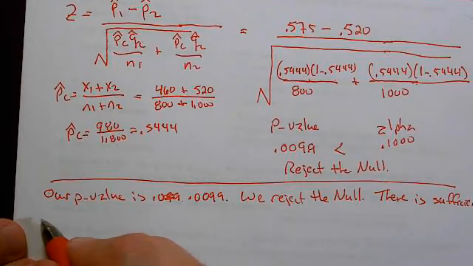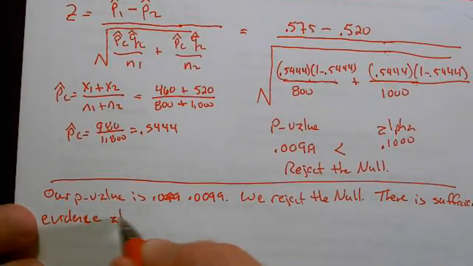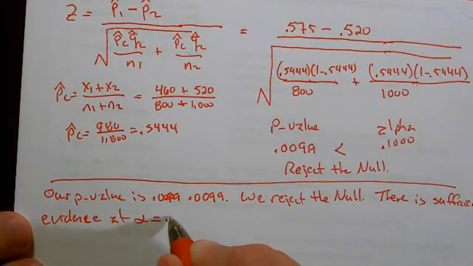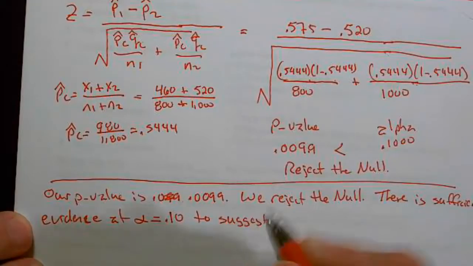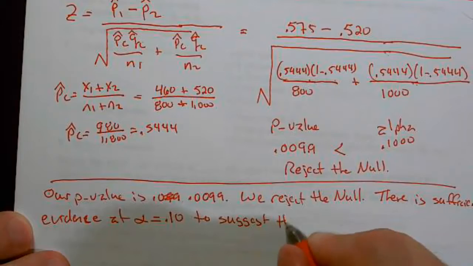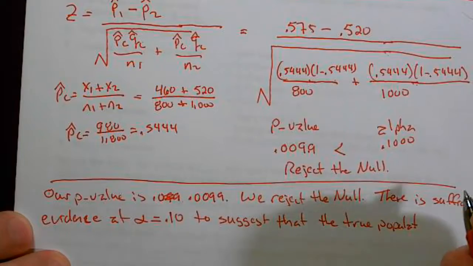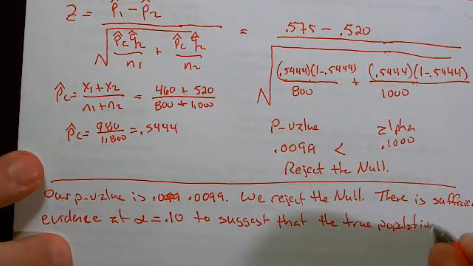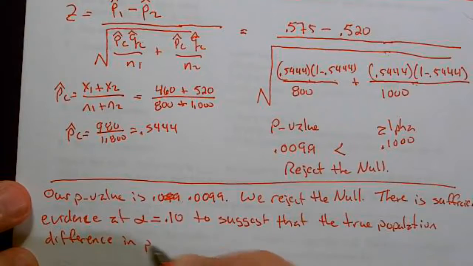There is sufficient evidence at alpha equal 0.10 to suggest that the true population difference in proportion